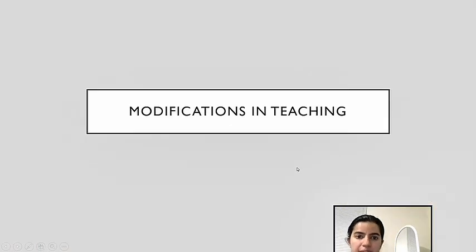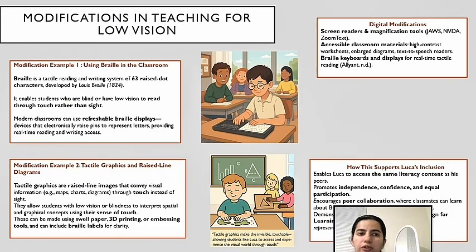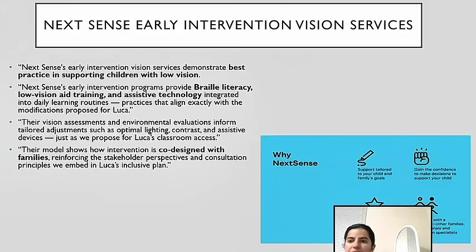Rather than segregated units, let's go for a modification in our teaching. For Luca, inclusion begins with access that empowers independence. Have a look at some modifications that we can use for Luca or some other students in our classroom who have low vision. For his vision, two key adaptations make learning equitable. First, Braille and tactile literacy offer real-time access to written information through traditional Braille text or refreshable Braille displays. Second, tactile graphics and raised line diagrams turn visual data, charts, maps, and graphs into touch-readable formats through embossing or